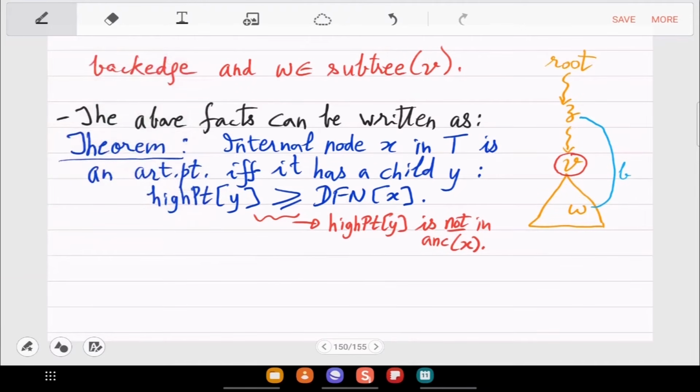But now the question is, how do you calculate this new array, high point? So that needs one more idea. As you are doing the DFS traversal, how do you plan to update the high point when you reach a vertex V?